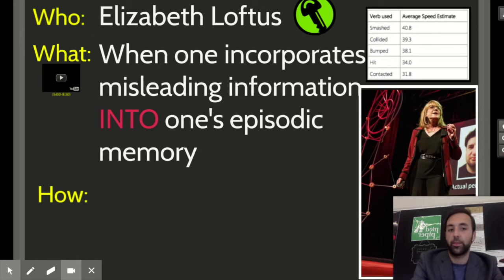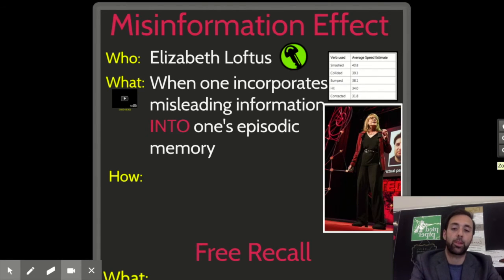The misinformation effect in her research in memory all sort of circles around the idea that your memory works a lot more like a Wikipedia page than it does a recorder. That's actually a line that she commonly uses. And particularly at the moment of questioning, and this is really important from a criminal justice perspective,